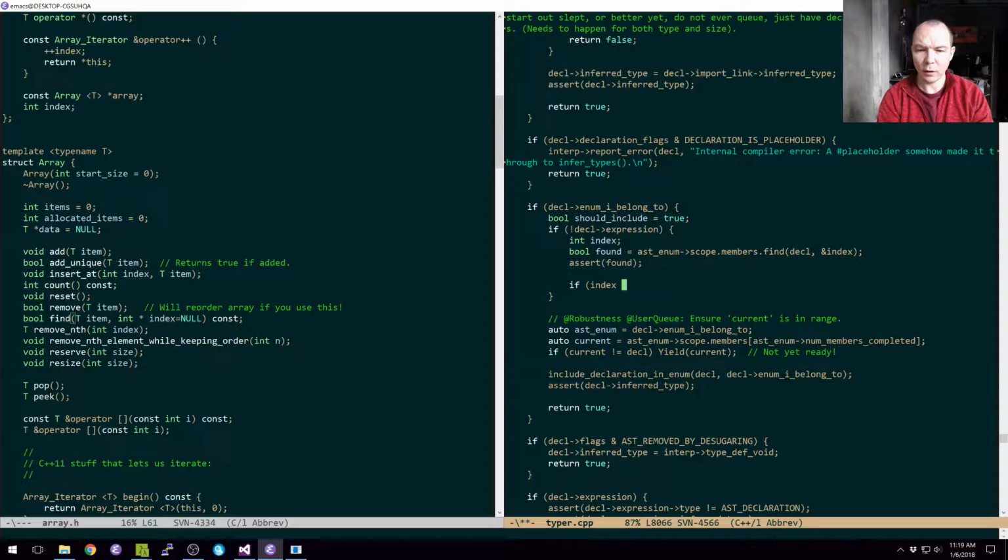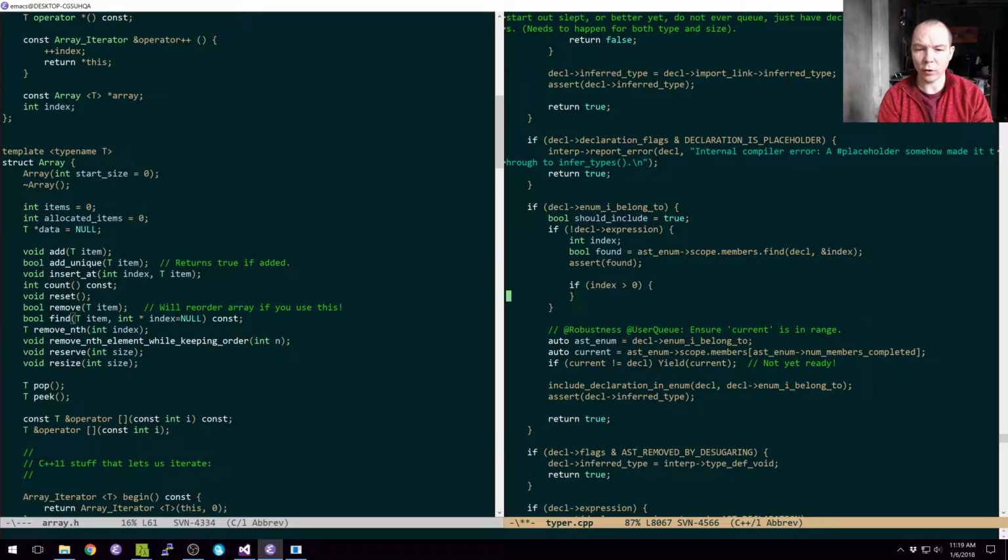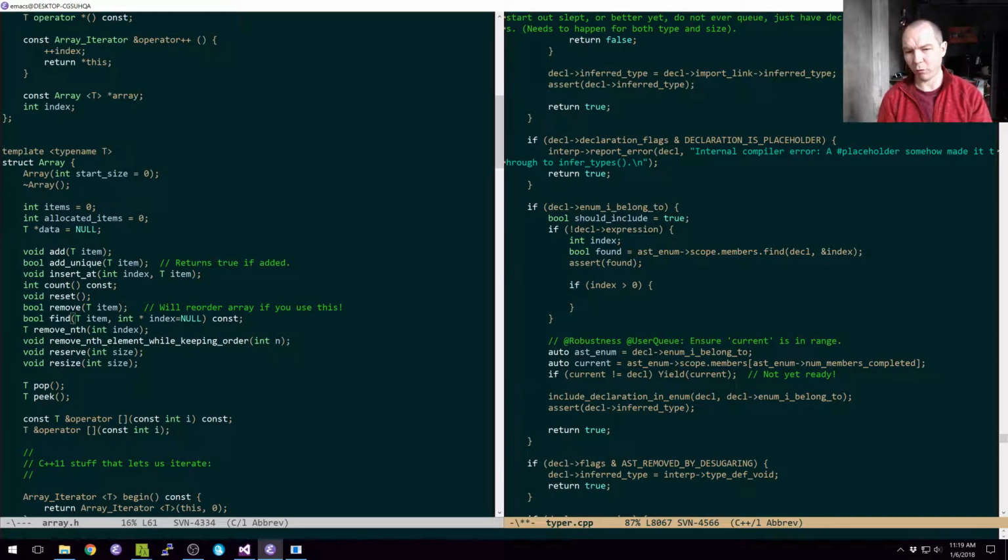If index is greater than 0. So we should always include it if the index is equal to 0 because we're the first value and we don't care. If the index is greater than 0, then what we want to know is, is the guy before us not included? So if auto previous is asked enum scope.members,